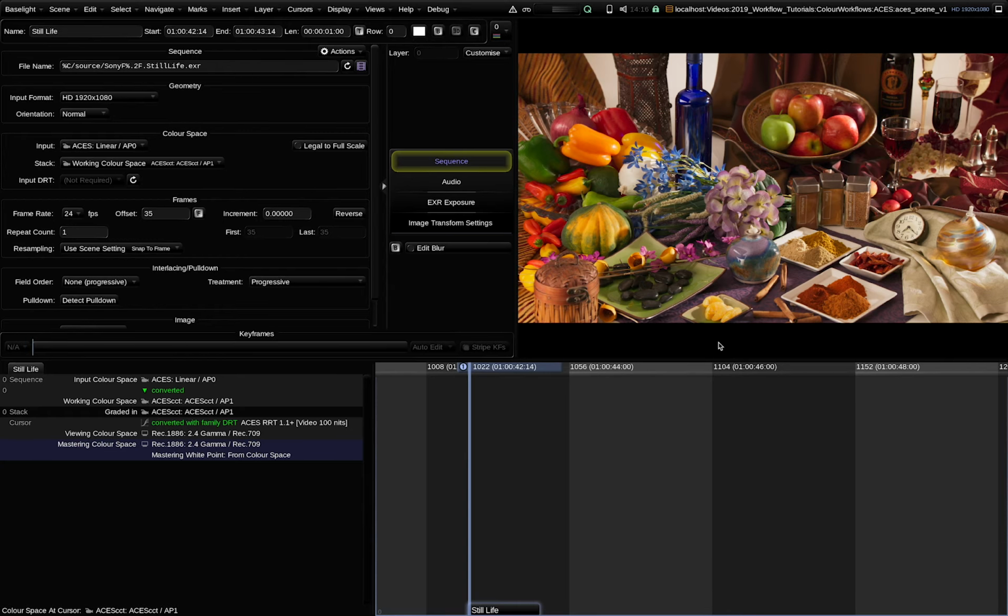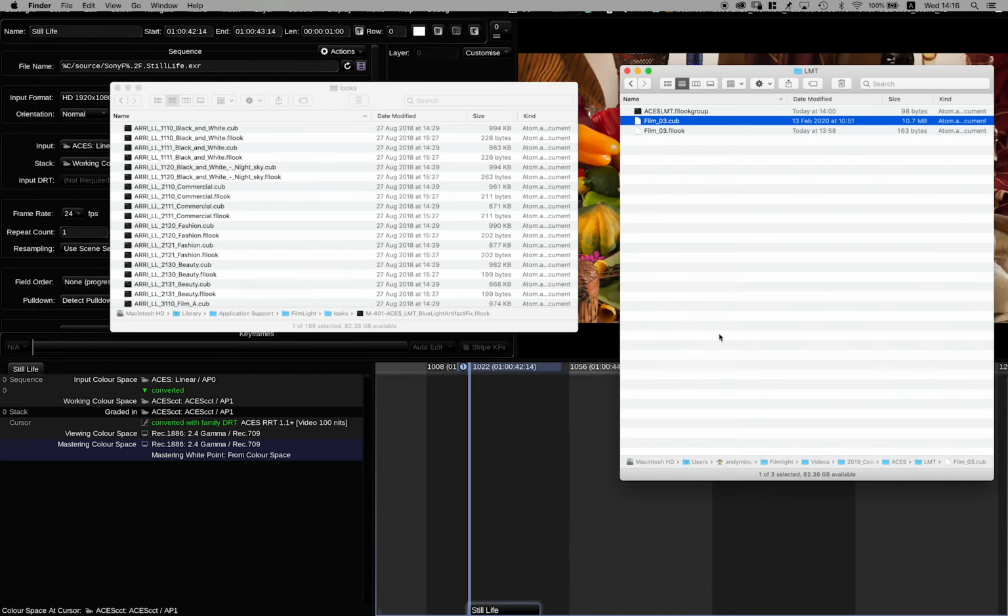Let's see how we can apply a LUT-based look modification transform, short LMT, in Baselight. One option would be to use the TrueLight or LUT operator, but today I want to show you how to put a custom LMT into the look operator inside Baselight. The important thing about the look operator is that the input and output color space of the look must be identical. I got provided with this Film03 cube file as the LMT. It should be applied in ACES CCT.